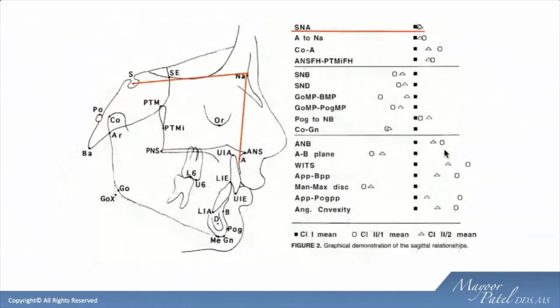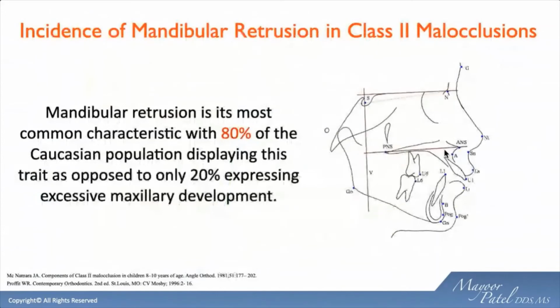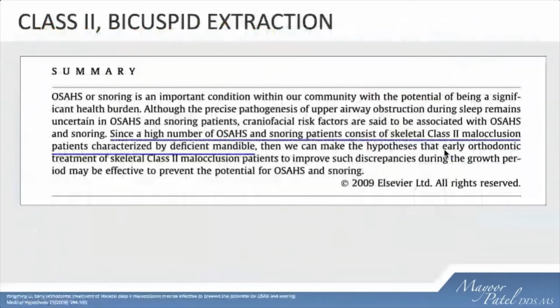And if we look at some of the work done on class 2 malocclusions, it's interesting to note that when you look at class 1, class 2, division 1, and division 2, and we look at what we call the SNA point, where the maxilla is relative to the cranial base, in all 3, the maxilla is exactly where it needs to be in a class 1 and a class 2 situation, right? So it's not like there's a deficiency of any form from the maxilla. But when we look at SNB specifically, you'll find that in class 2, division 1, and division 2, it's slightly retrognathic. So it's already supporting the fact that 80% of the time, most class 2 malocclusions are a retrognathic mandible. And if that's the case, then why are we still taking teeth posteriorly? Why don't we develop these arches and bring the mandible more anteriorly? And this has been demonstrated in some studies to kind of show that there is some value to this.